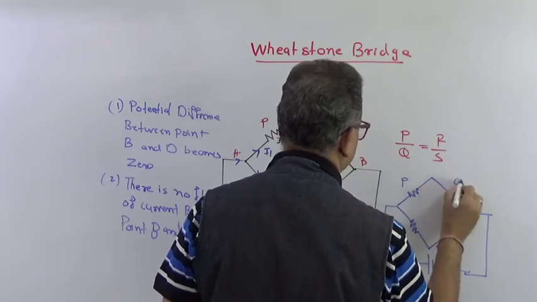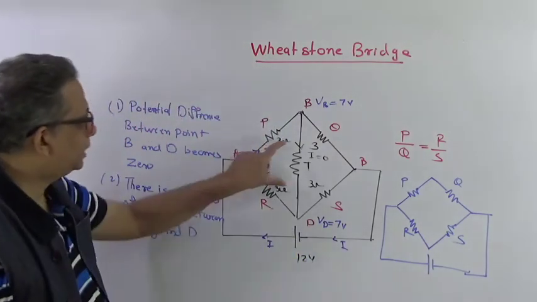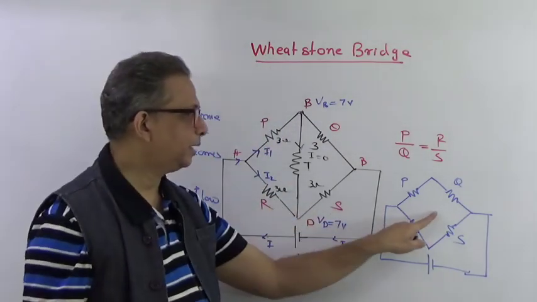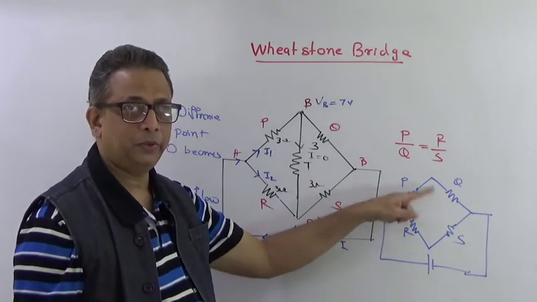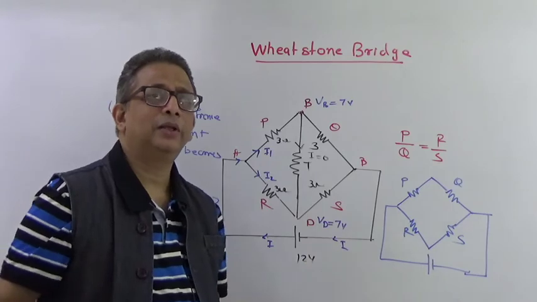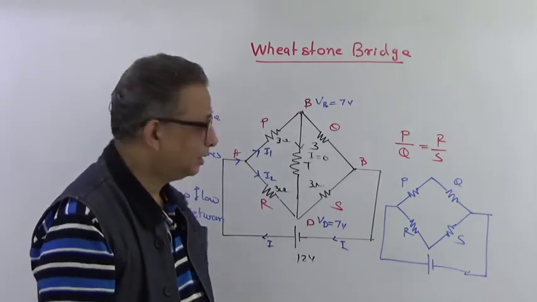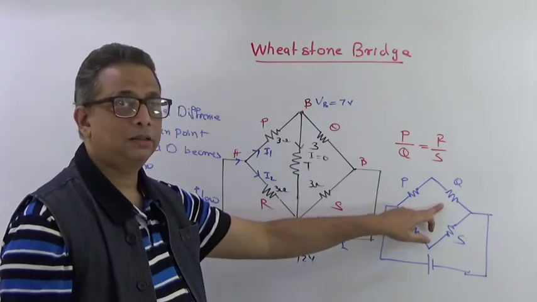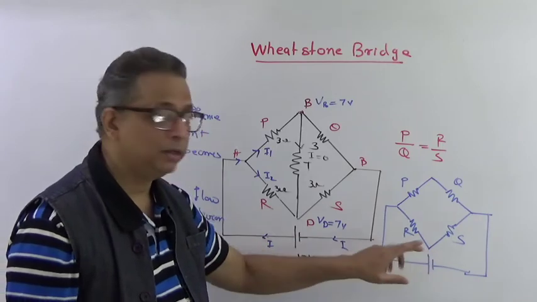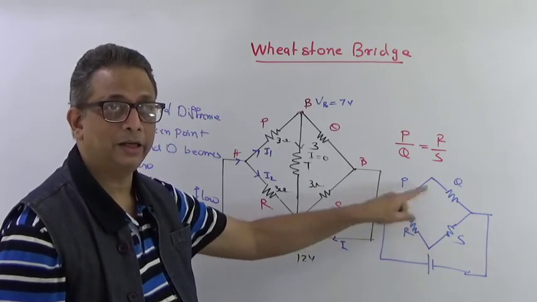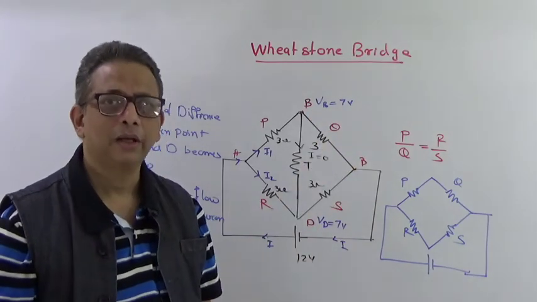This will be P, this will be Q, this will be R, and this will be S, right? I have removed this resistance, and what do I get? An equivalent resistance network, with the in-between resistance removed, because it has no meaning in that particular circuitry. Now you can see that these two resistors can be seen as resistors in series. Similarly, R and S are now in pure series, because there is nothing connected in between. What was connected, I have virtually removed because it had no importance.